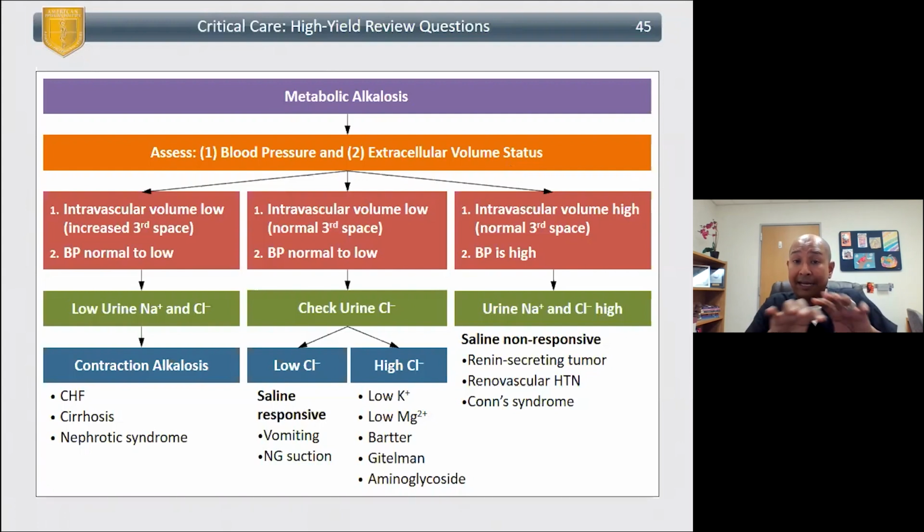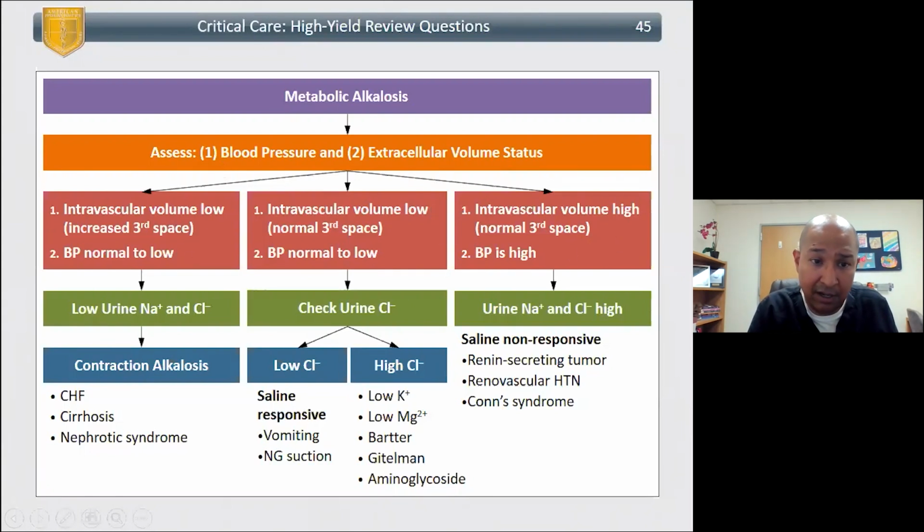Number one is the intravascular volume. And the other one is going to be the volume in the third space. So third space and intravascular together make up extracellular. So I'm really looking at three things here. So when we do the workup for metabolic alkalosis, I look at these three things and I put them into